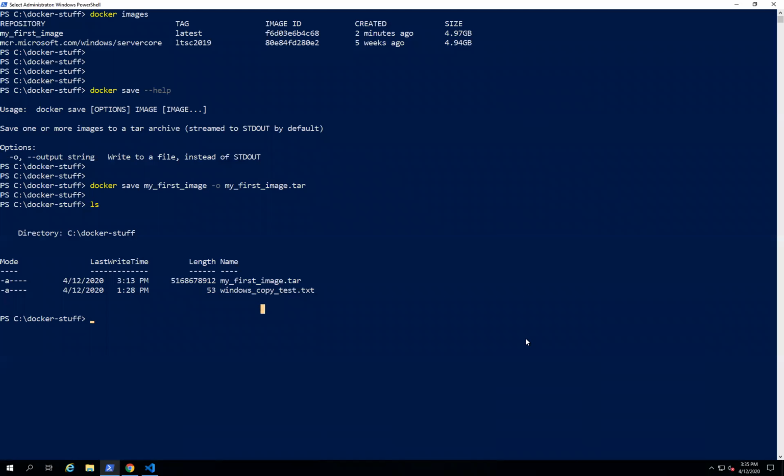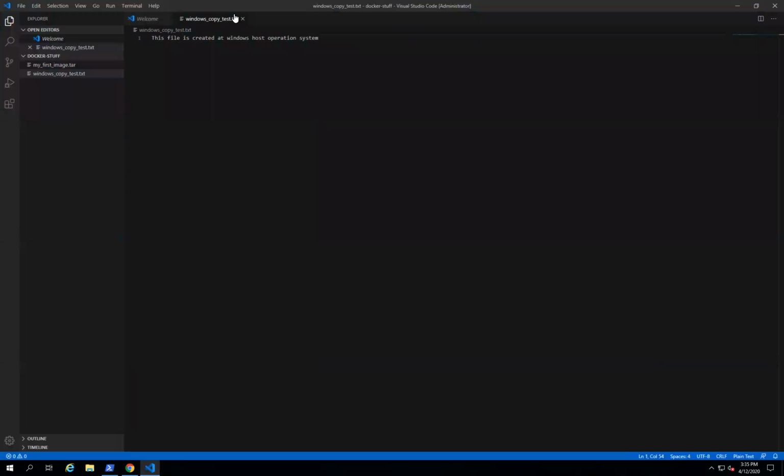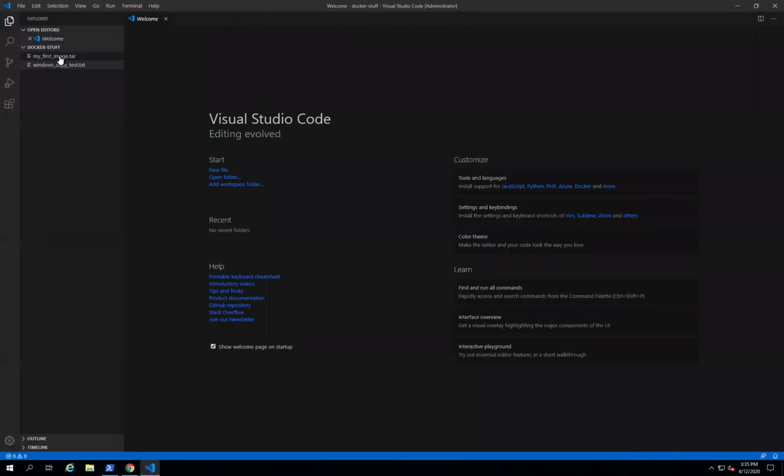Hello guys, welcome back. In this video, we are going to see how we can create Docker images using a Dockerfile. So for this, I want to utilize this Visual Studio Code editor, and we have already a folder open here, Docker stuff, and I'm going to create a file over here with the name called